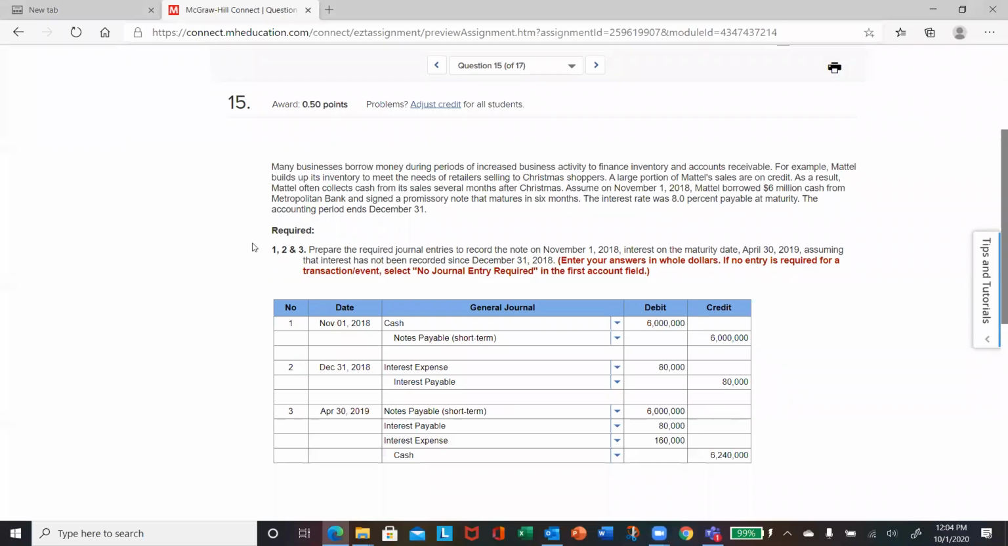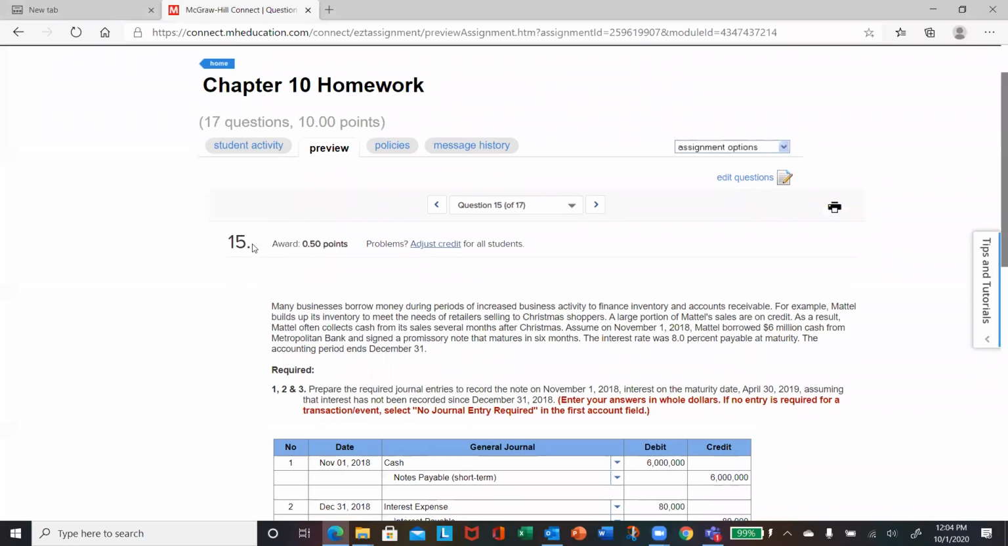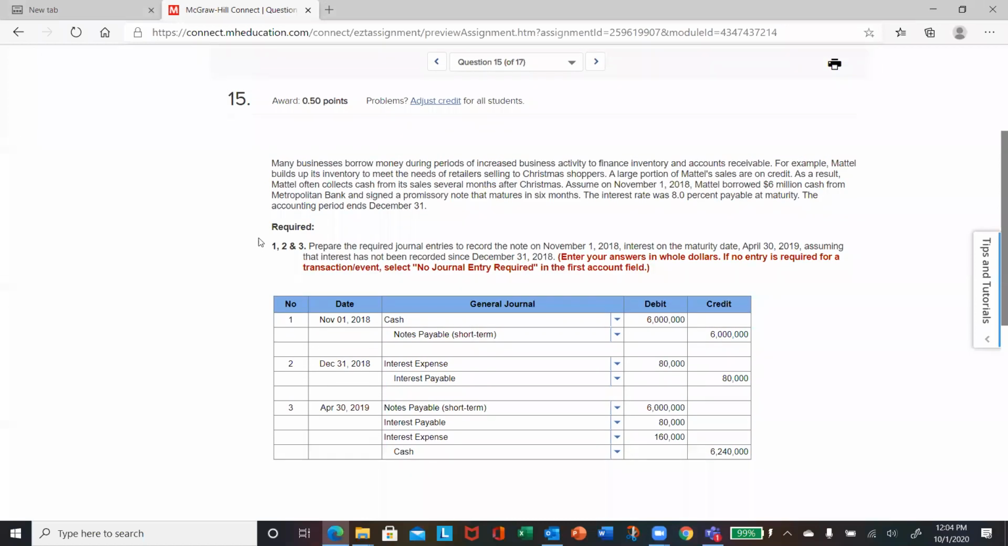All right, so this is problem number 15. I had to make a quick adjustment on the previous homework assignment, so I adjusted your homework question. So this is actually the new number 15. And on this particular problem, you're dealing with the note and the interest that you're going to have to pay